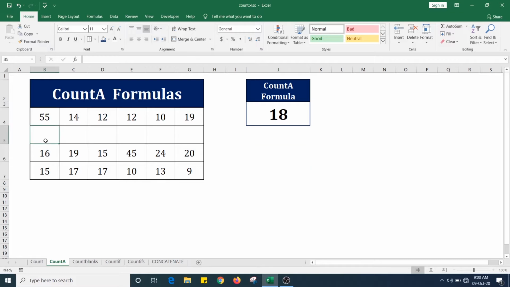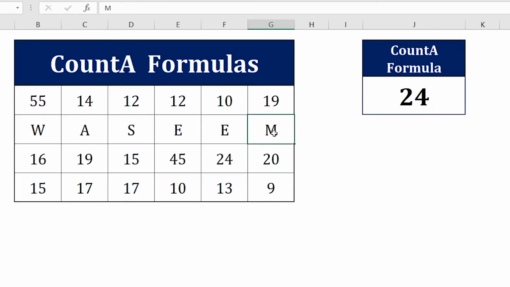If you type an alphabetical value instead of a numerical value, for example my name, Wasim, here the count automatically increases. The COUNTA formula will count numerical values as well as text values. If you add a space, for example if I press the space button here, now the result is 24.